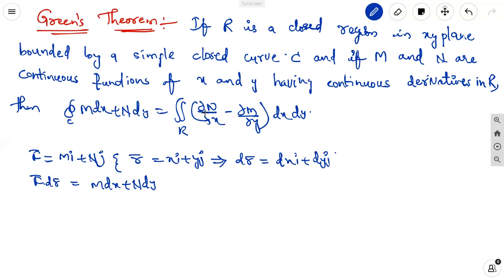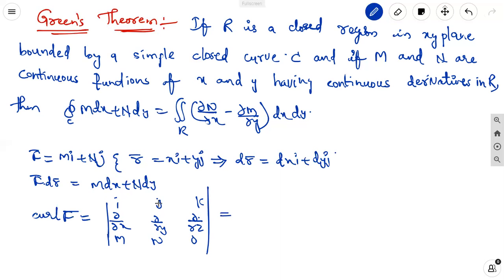Then here (∂N/∂x − ∂M/∂y) dx dy. How to calculate that? We can take the curl F vector. The curl F vector, where F vector is nothing but M i plus N j, is the determinant of i, j, k; del, ∂/∂x, ∂/∂y, ∂/∂z; F vector components M, N, and the k component is 0. Then taking the determinant, it is equal to